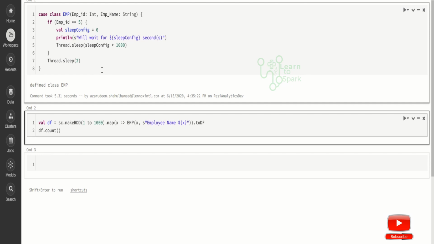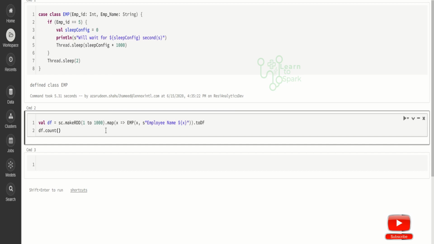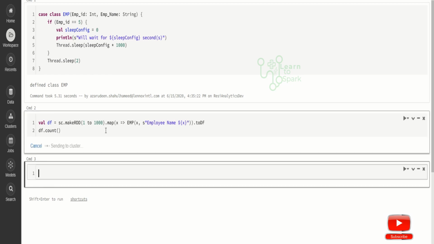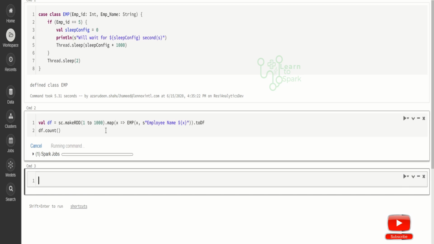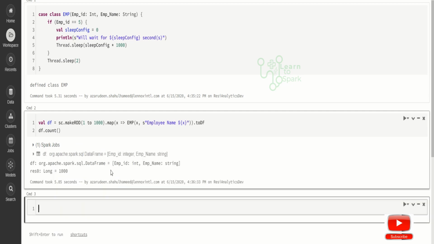Now the case class got defined. Let us execute the statement which creates a data frame, and we have an action, count. Let us execute it. Now you can see the Spark job got triggered, and we got output as well.